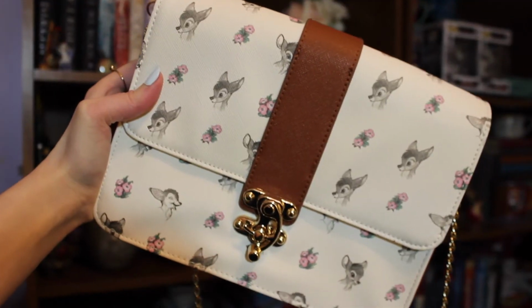and the next time I went to Box Lunch, it wasn't there. And so I just thought, oh well, I'm not going to get that bag now. And then I totally forgot about it until Christmas when I opened this up. This was one of the last things that I opened, and I was totally surprised to find this there. So this opens like this, and then it just comes up,